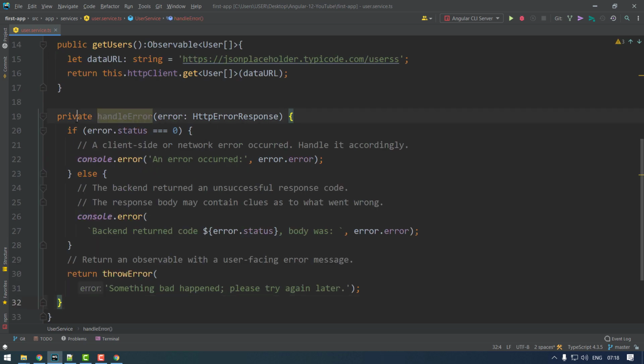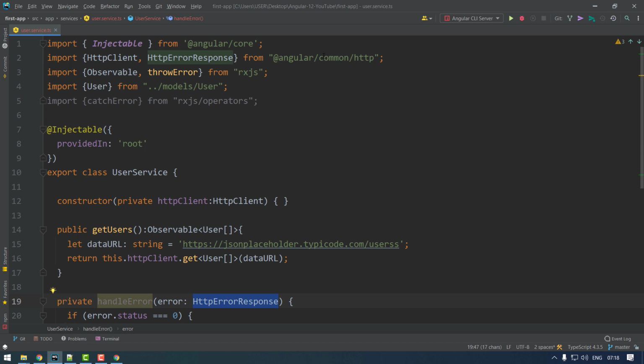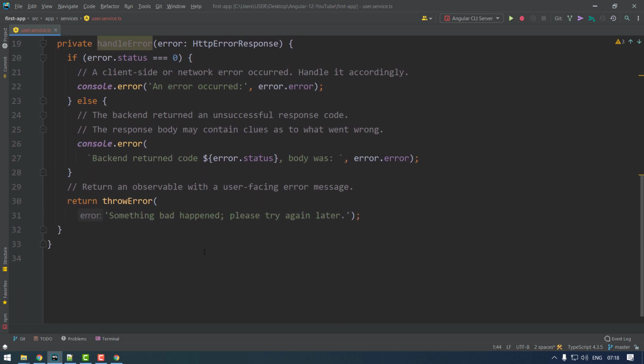It's a private error handler that takes a parameter error of type HttpErrorResponse, which imports automatically from Angular common HTTP; if not, you have to import it manually. Then it checks error.status, has console.log statements, and finally returns throwError.